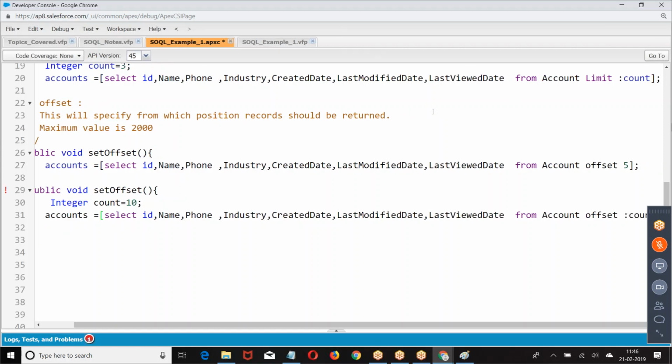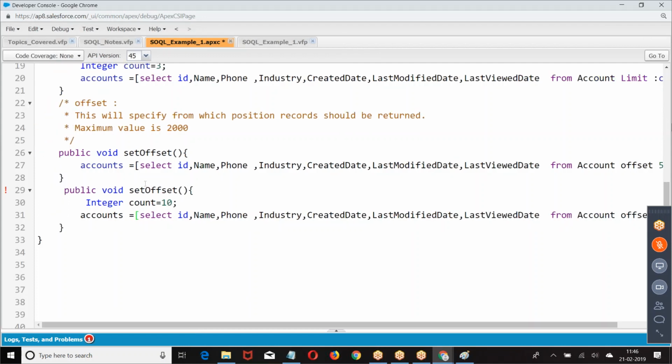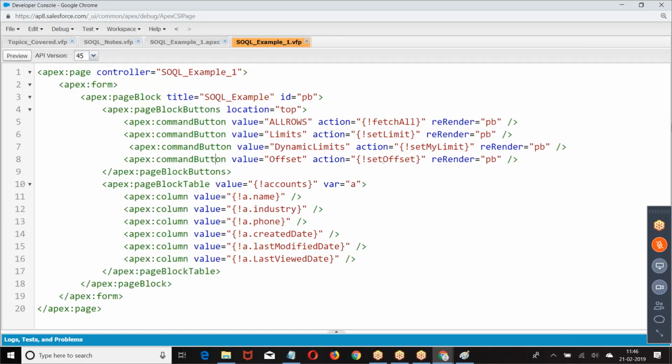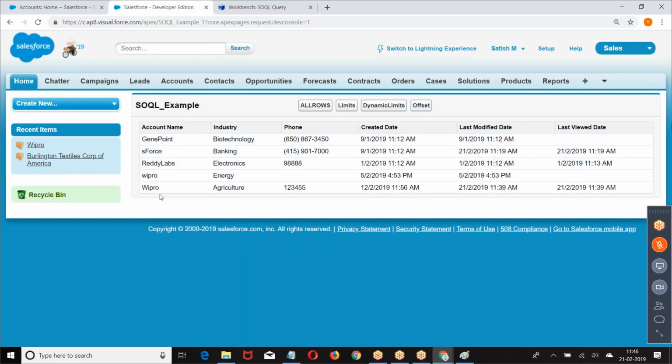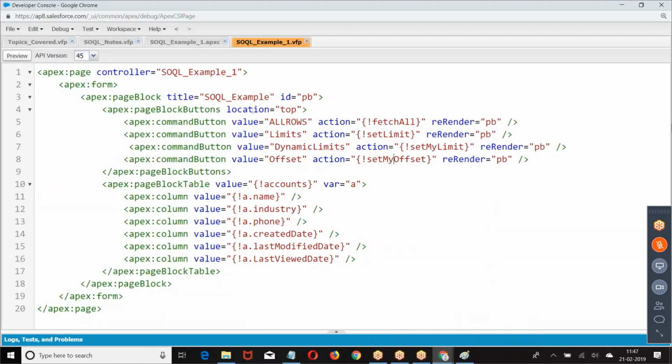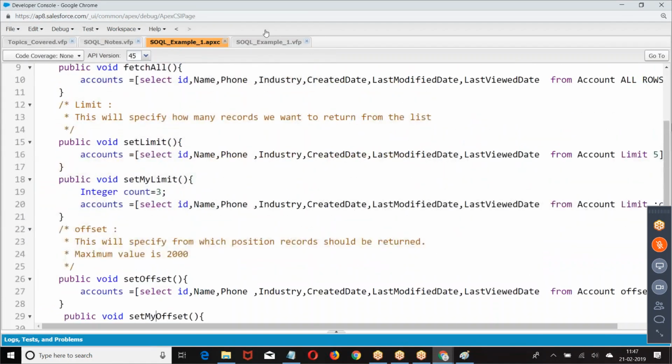Whatever position I have given, from that get me the remaining records. Is that clear for everyone? Offset: get me the remaining records.